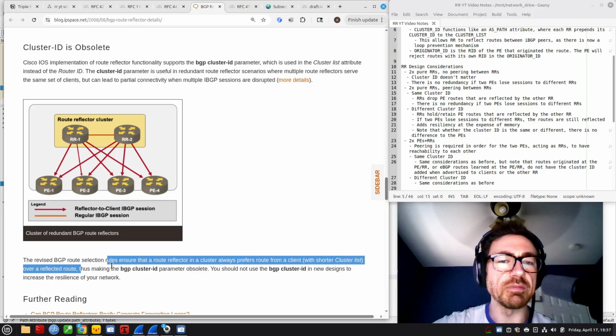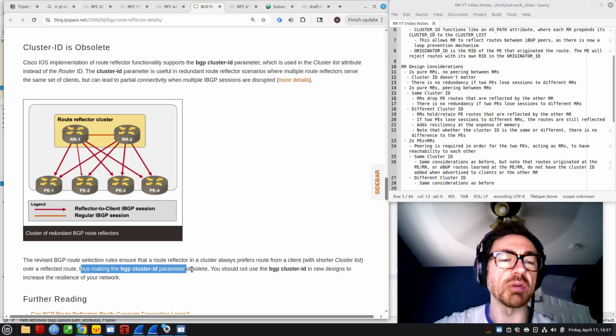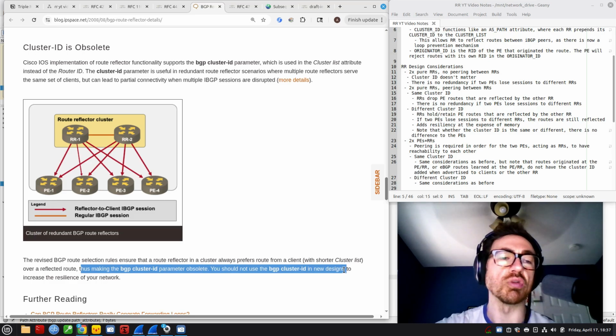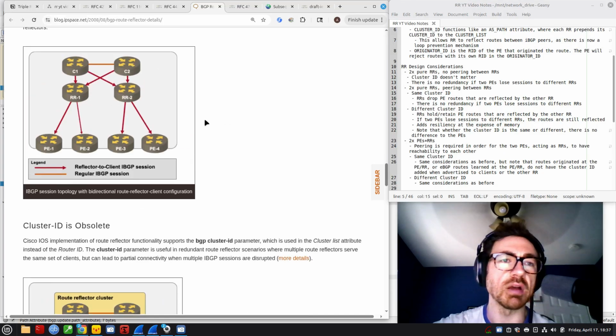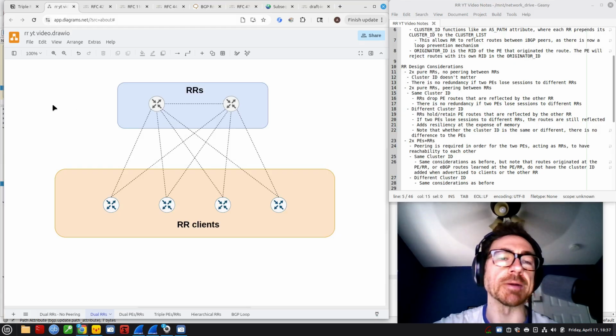He says, because of this, it makes the cluster ID parameter obsolete. You should not use the cluster ID in new designs to increase the resilience of your network, meaning don't use cluster ID because by default, the cluster ID is just going to be the router ID. So don't use this command and set it to the same value on both the route reflectors. Just use the default, which is the router ID, and that way you increase resilience of your network. He's not really covering the memory optimization argument there,